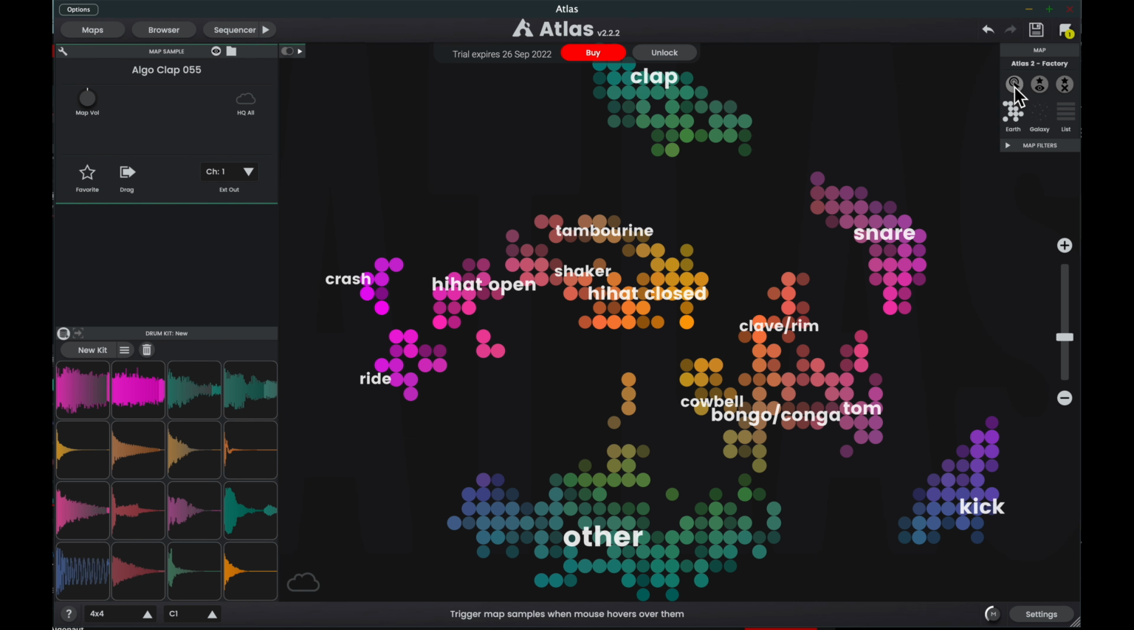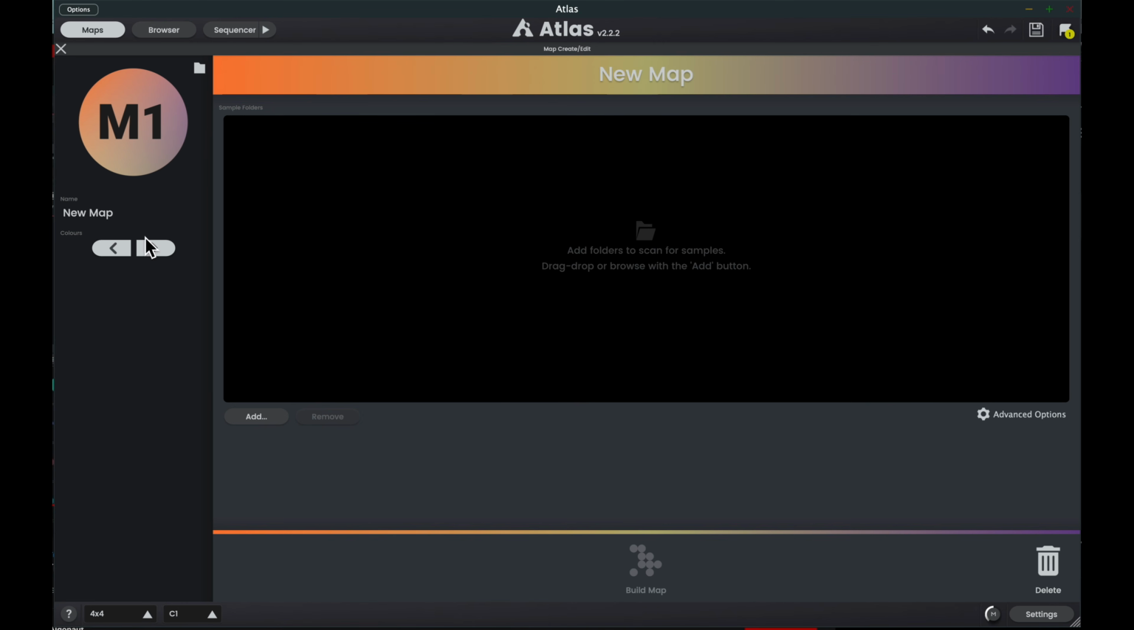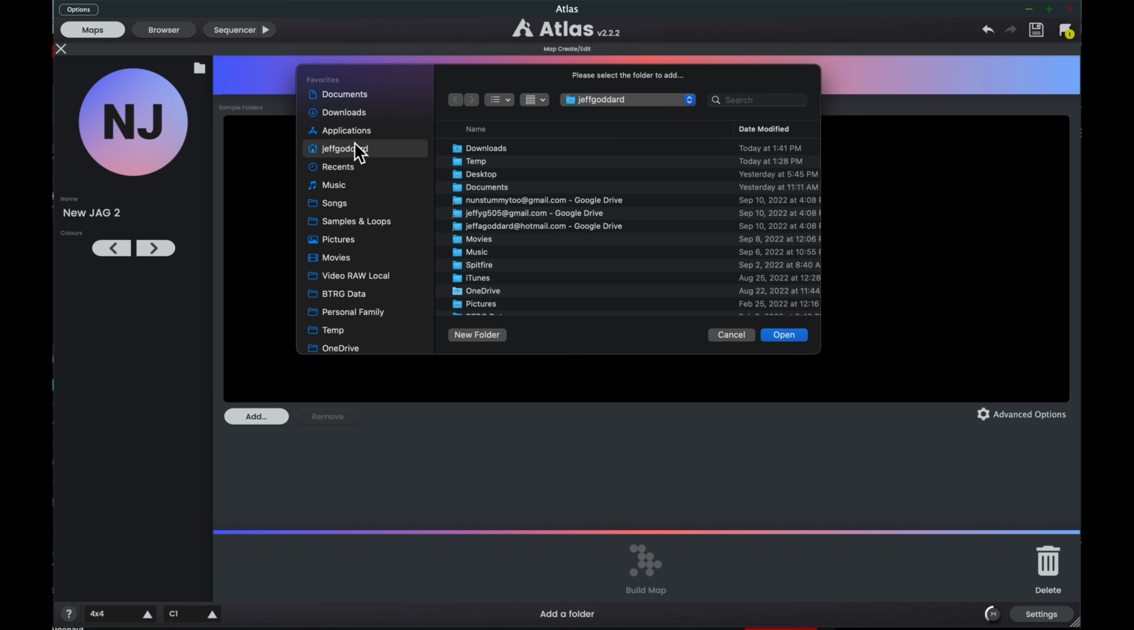The other concept that's really cool here is maps. So this map was made up of delivered Atlas samples, and there was around 1,500 samples in there, but you can create your own maps. So, for example, if you want to create a new map, you can give it a name. New Jag 2. You can change the color of it, and then over here, you can add the location of those samples. So in my case, I have a sample library. I'm going to choose all the